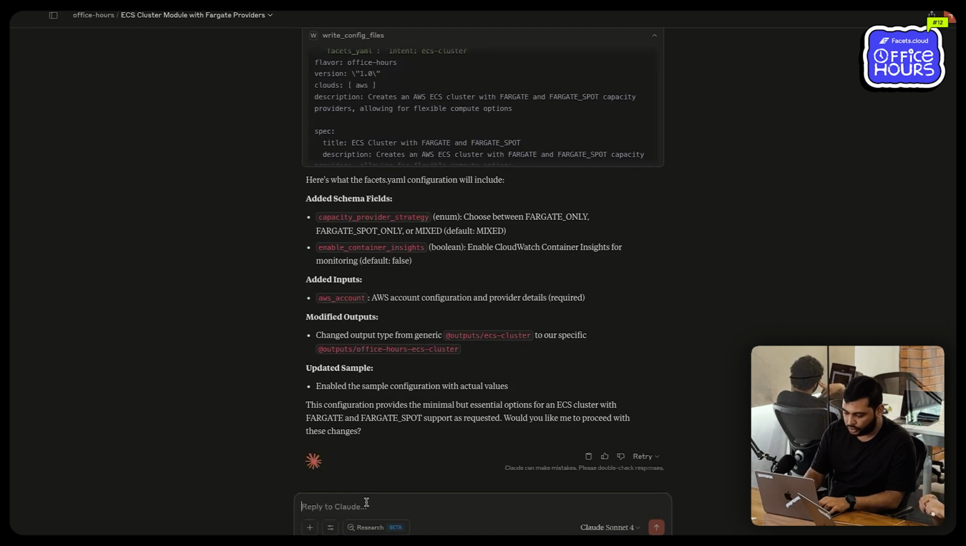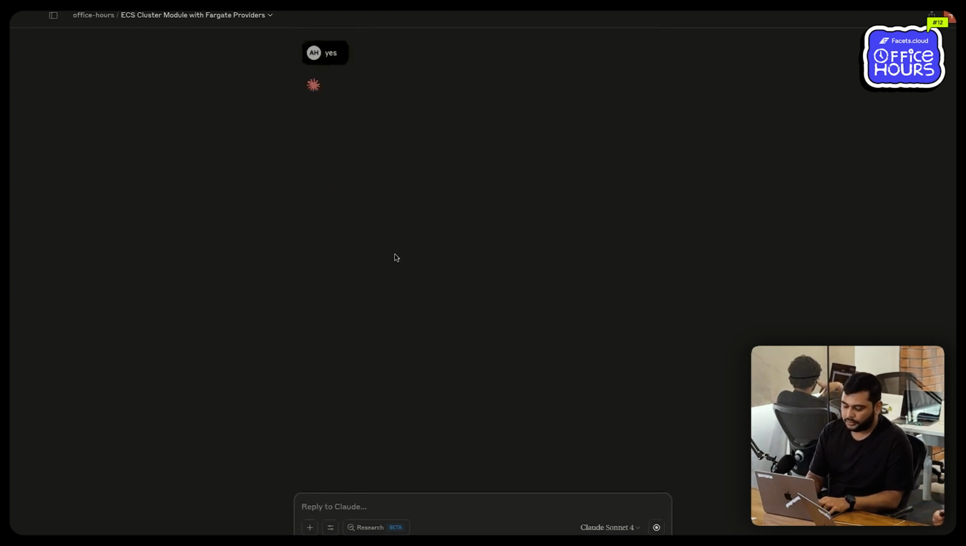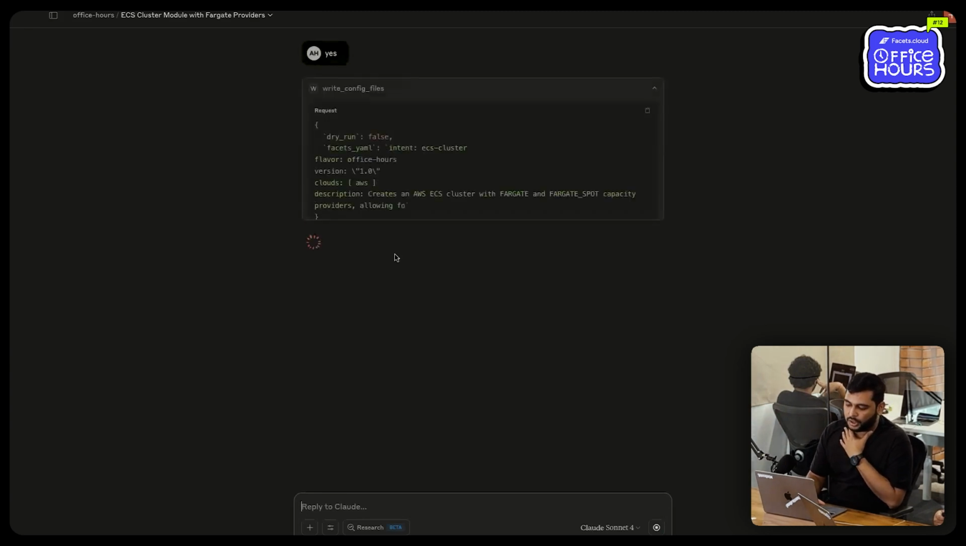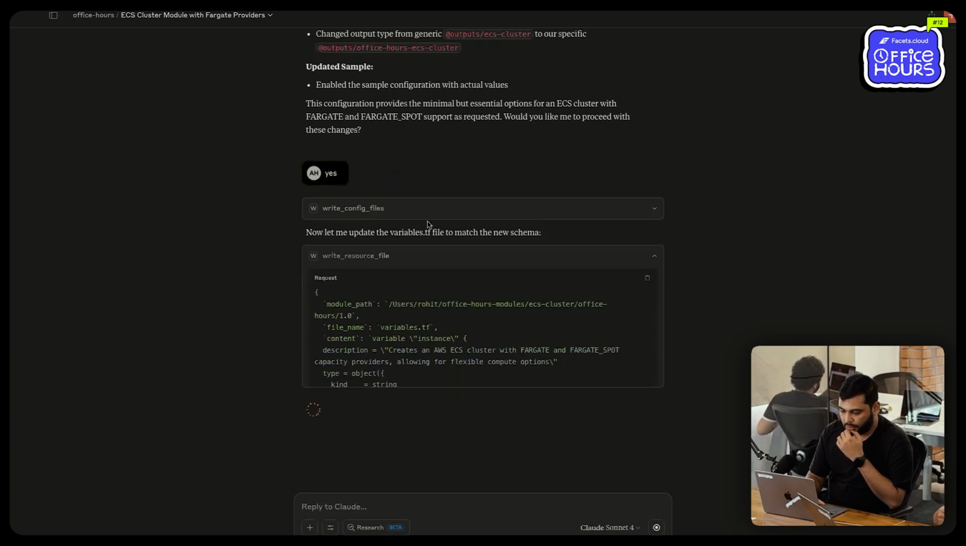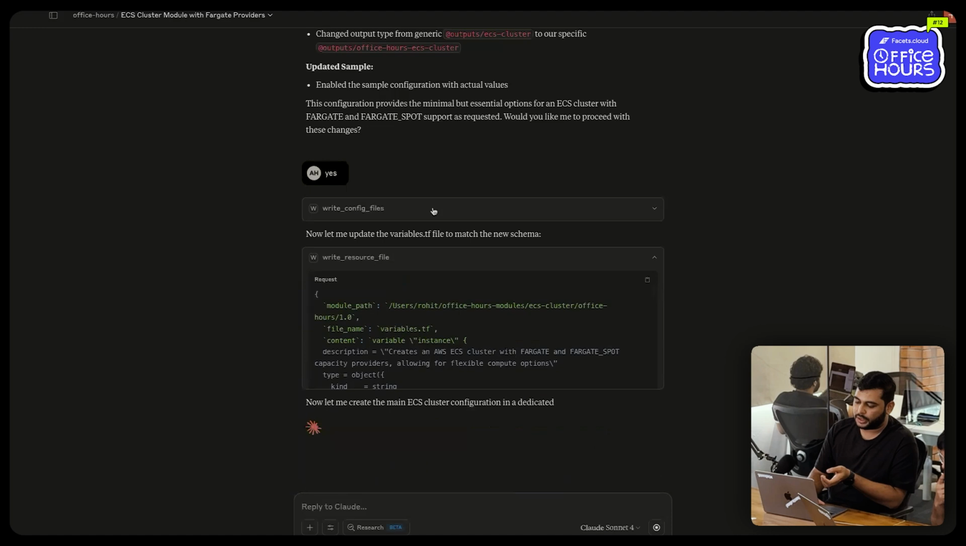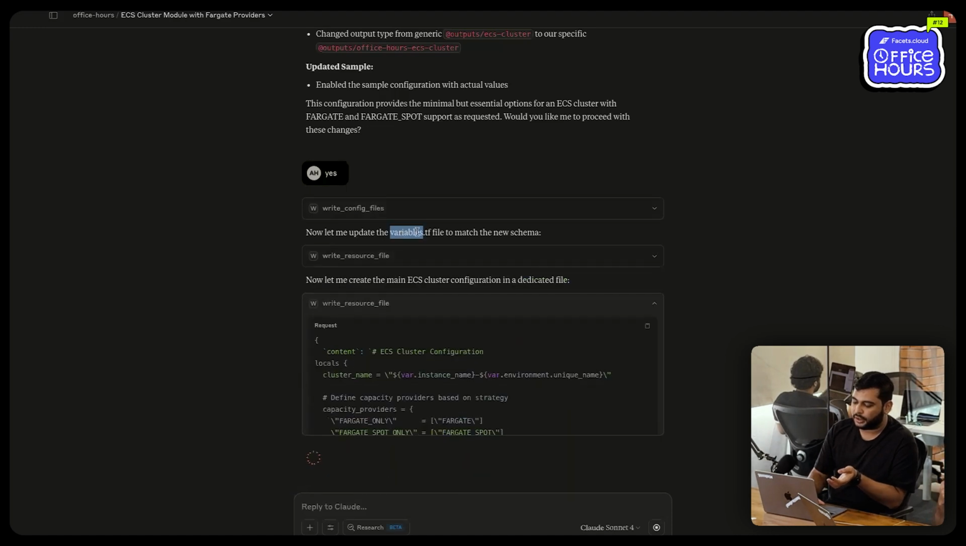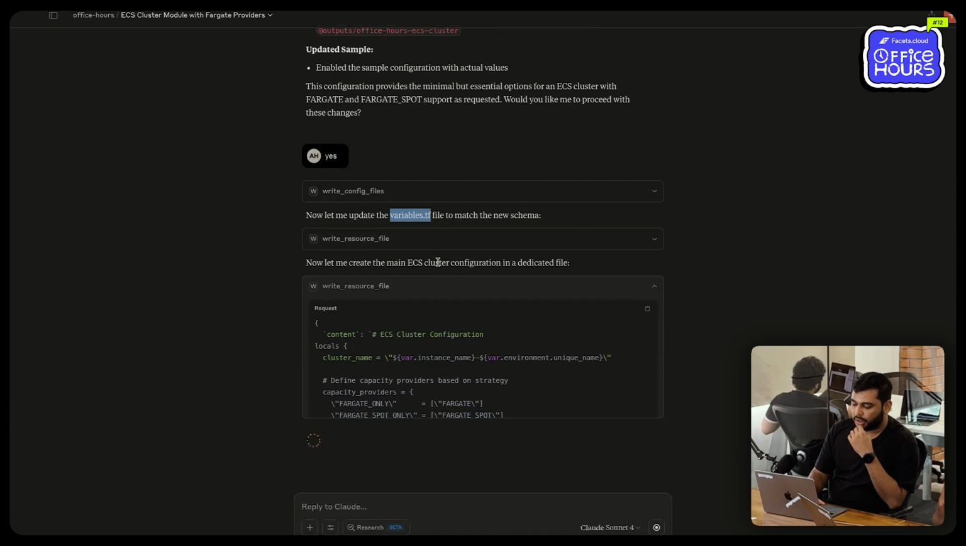Yeah. So this looks good to me. I'll say yes. So now it would run the same tool, but with dry run false, which would mean that it can actually write into actual files. So again, it updated the Facets YAML first, updated that these extra fields would be there. Based on that, it updated the variables.tf file to match the schema, and then goes ahead and writes the